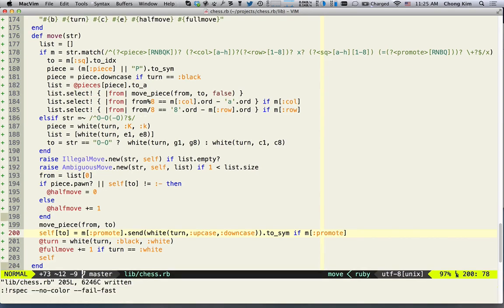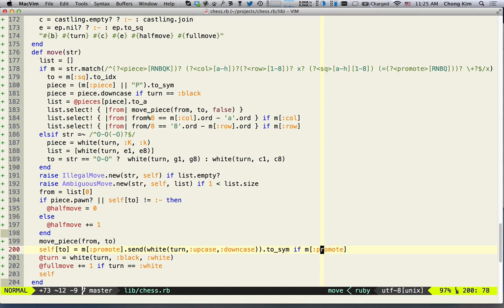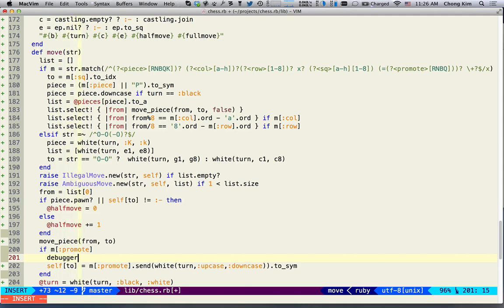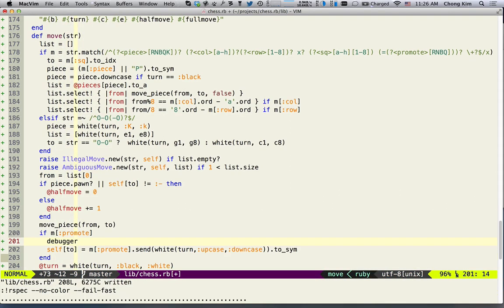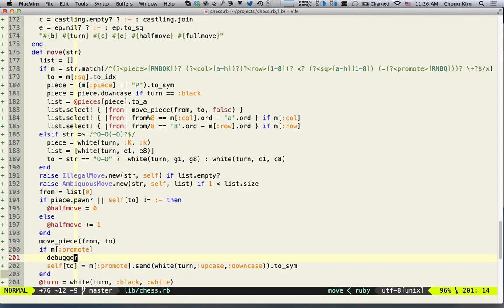All right, I'm going to check one more time. Undefined bracket for nil class, line 200. All right, so let's see what's going on. I'm going to put a little debugger in here and check the state of what's going on. Oh, it didn't even get there. Line 200. Oh,